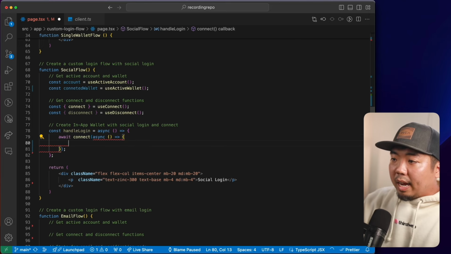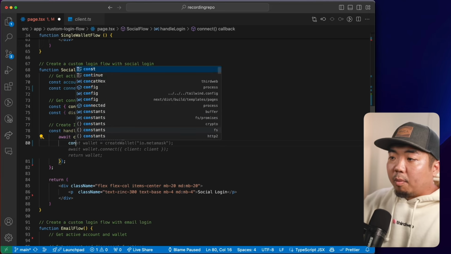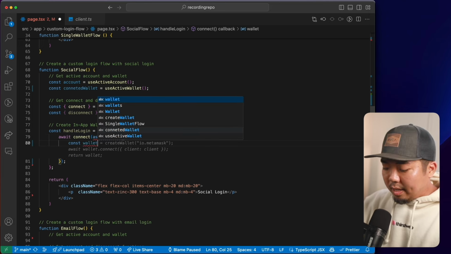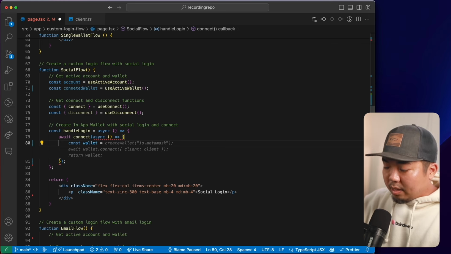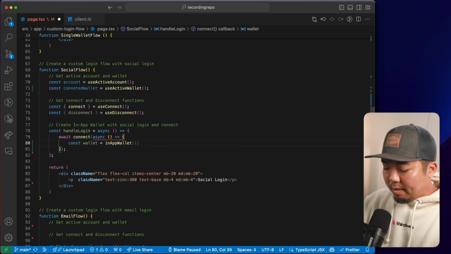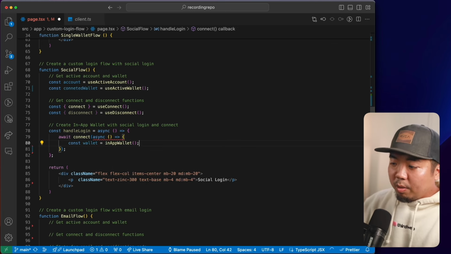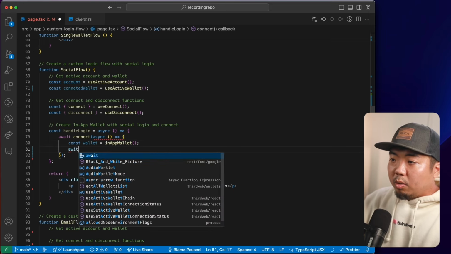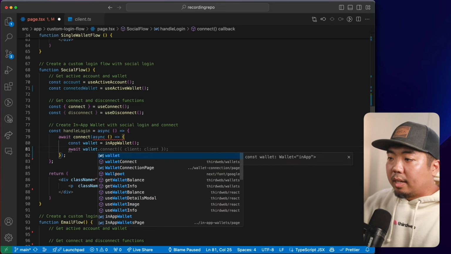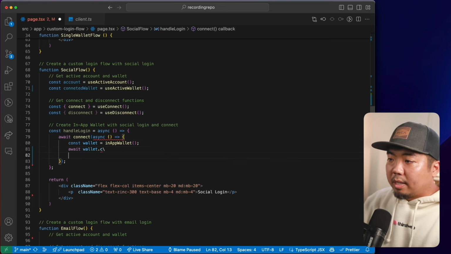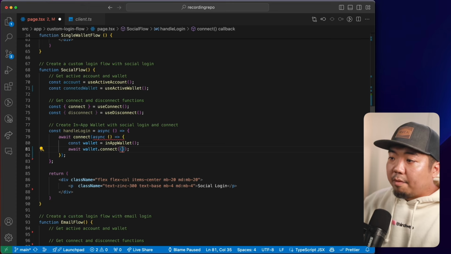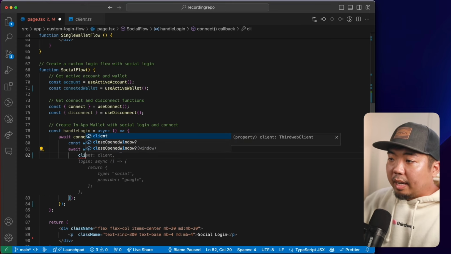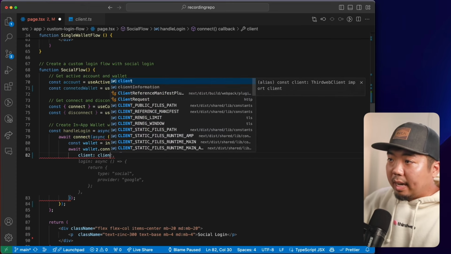And within that, we're going to have an async function that, again, we're first going to define the wallet that we are connecting. Now, in this case, we are going to be using an in-app wallet, right? Because we're going to be using our social login, and we're going to await our wallet, and we're going to then connect our wallet. And for this connect, we need to provide it again with our client from our client.ts